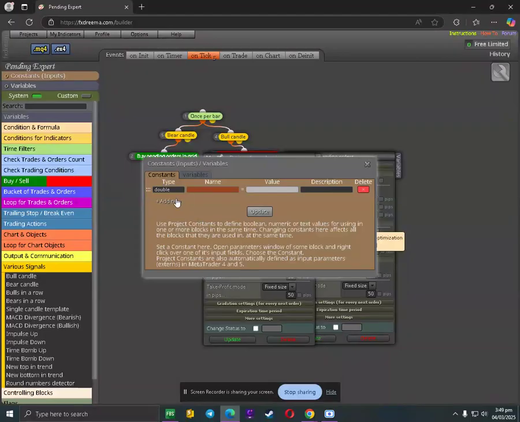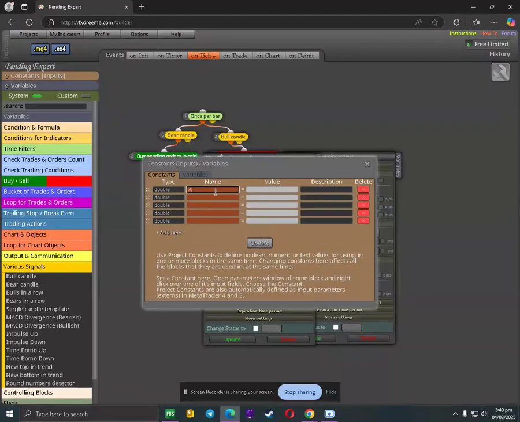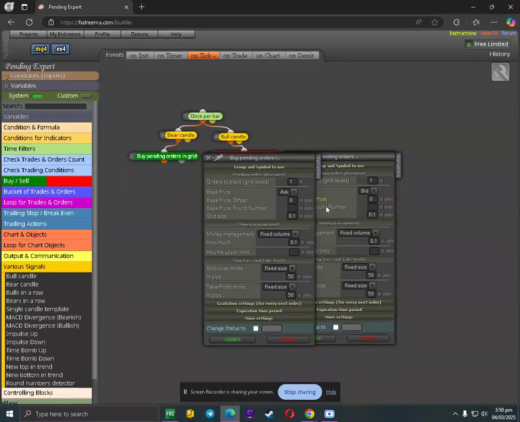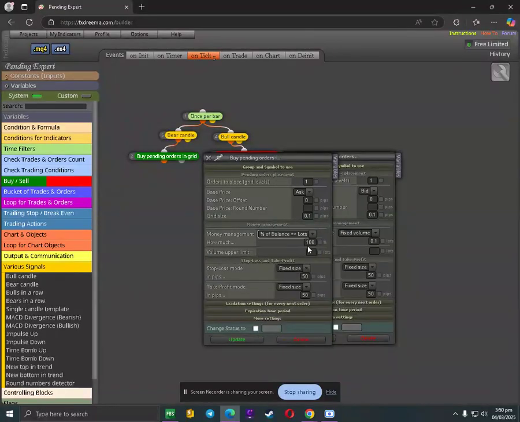We're going to be using the autolots input or constant. The autolots here, guys, works like this: if you put a 1000 value, then it will trade 0.01 on each $100 balance. So if you have 1000, then it will be 0.10. If you have a $10,000 balance, then it will take one lot trades. SL and TP, I guess that's all for now. We will be using the balance lots in here.